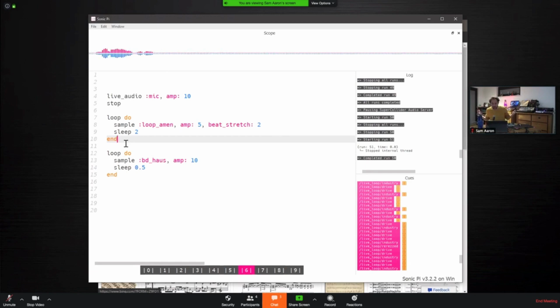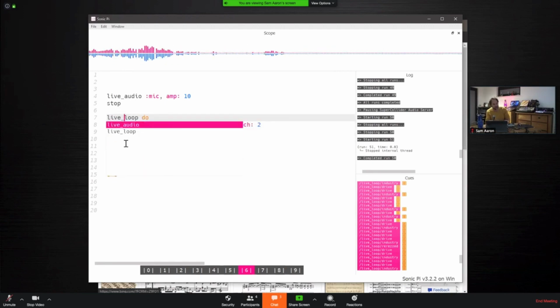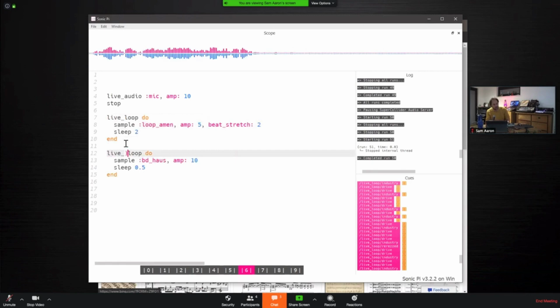It's not on the curriculum, but the kids all wanted to play the drums at the same time as the bass, or the kick drum at the same time as the Amen break. So Sonic Pi has this nice trick called the live loop. And the live loop needs to have a name, so let's call this one drums, and this one bass. So you just give them names. And when you run them,